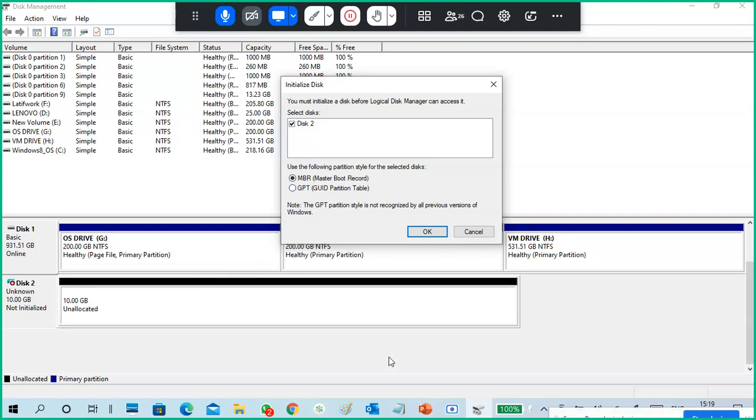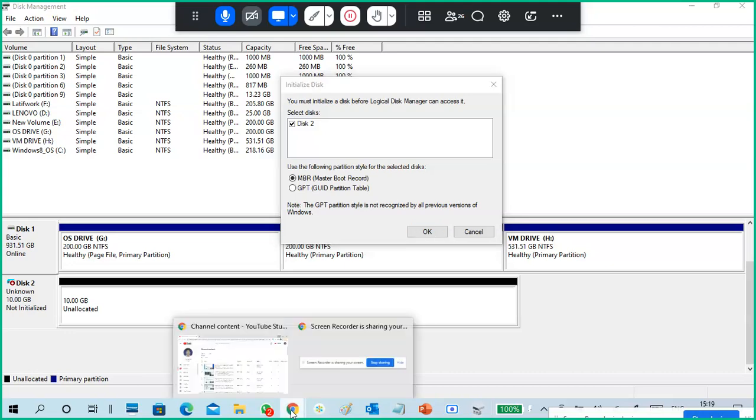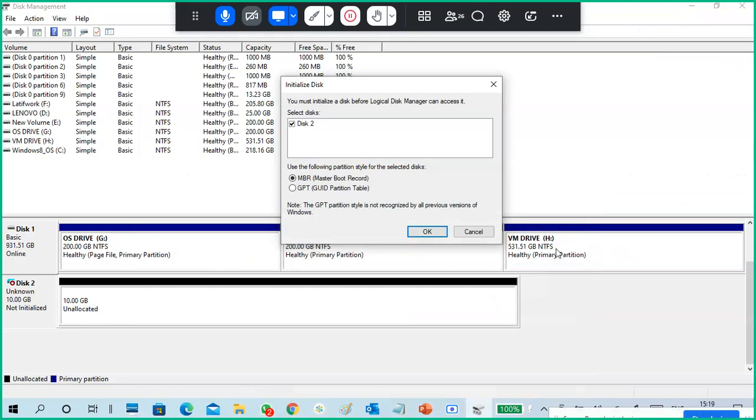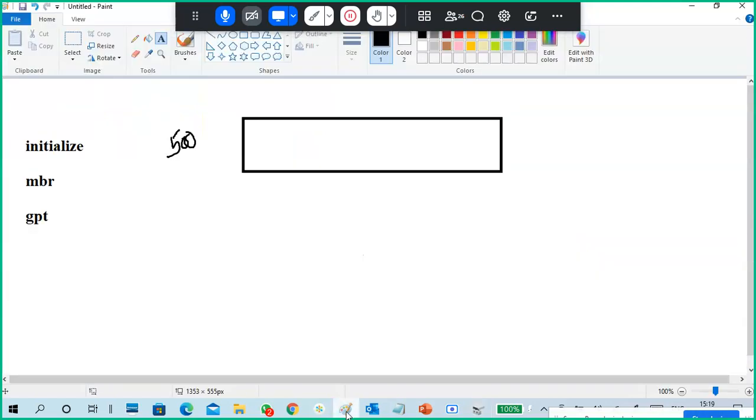So whenever you attach a disk, you have to initialize it as an MBR type or a GPT type. Sometimes the system will initialize it automatically when you are installing an operating system. So what is the difference between MBR and GPT?